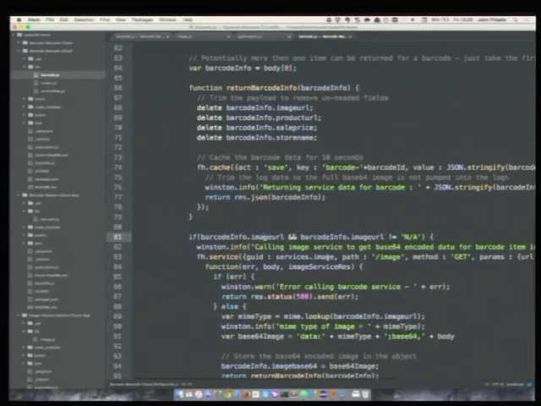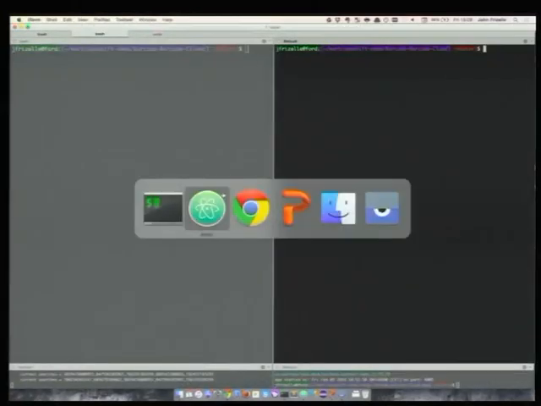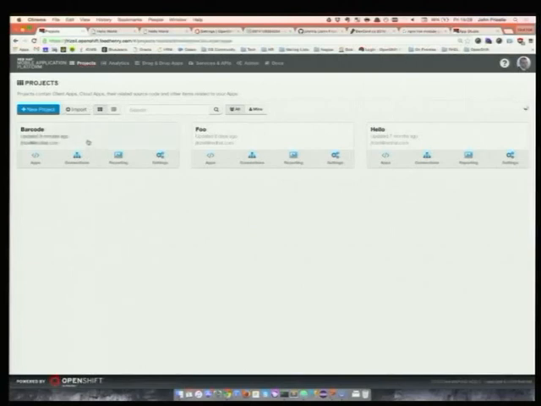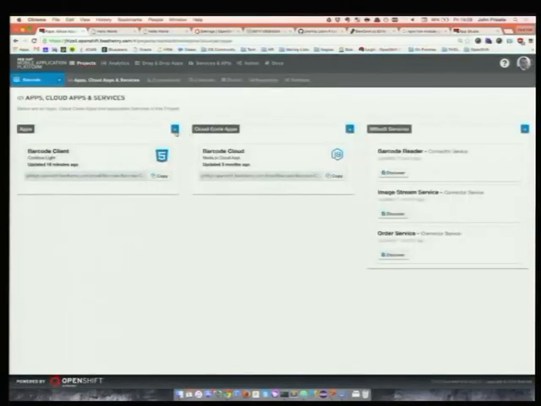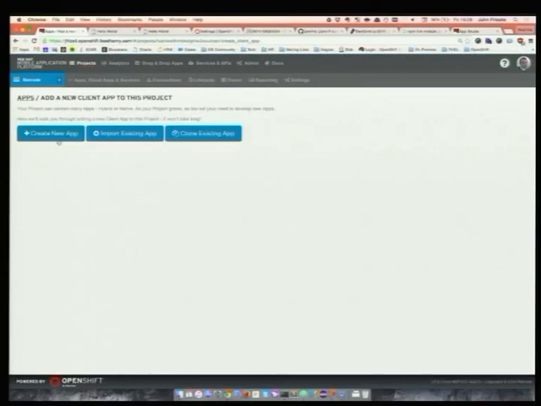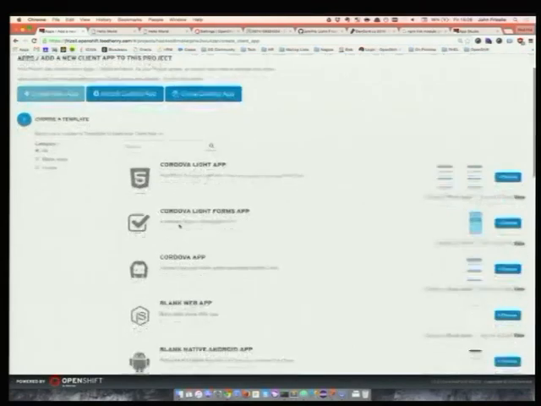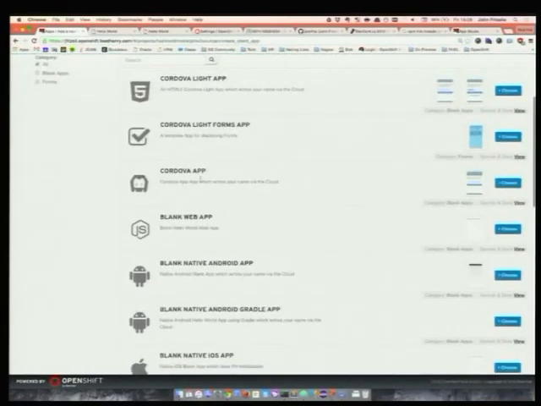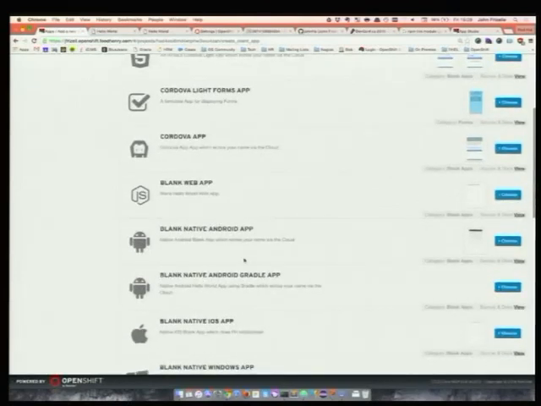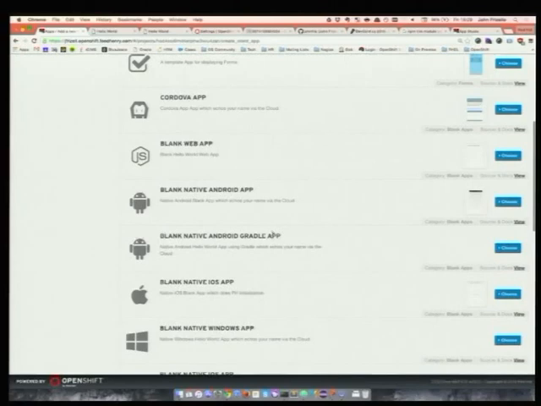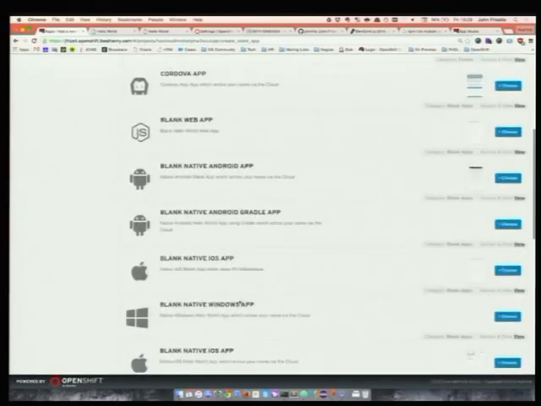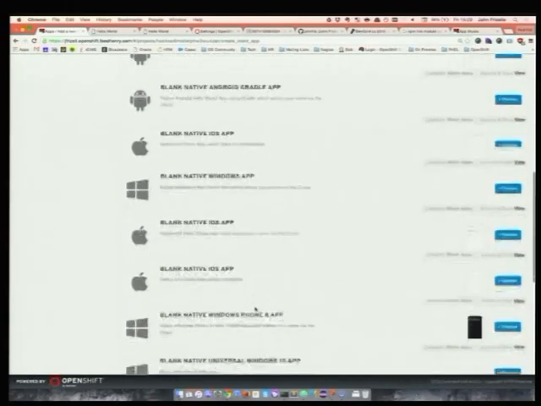Yes? Are you considering building native apps for Android, iOS? Oh, we have support for native apps. So within the project here, you can add. So we have Cordova apps, we have web applications, we have native Android, we have native Android using the Gradle build system, native iOS, native Windows Phone.